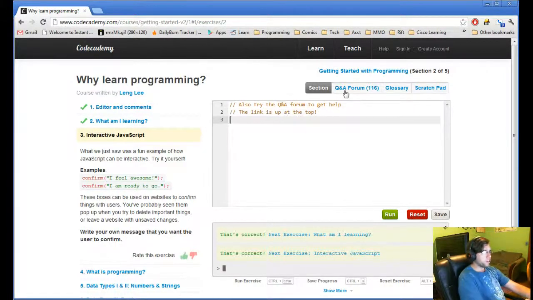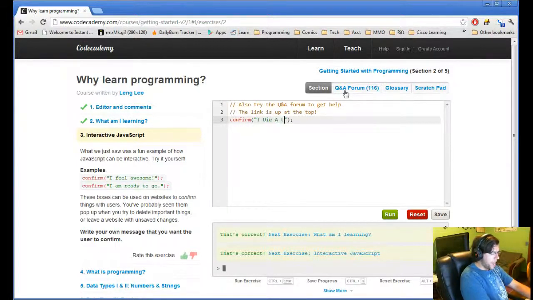Alright, let's go to line 3. Confirm. Brackets. Quotes. And I think throwing that in right off the bat is important. Not sure if a space is needed. I'll do it without the space for now, see what we get.